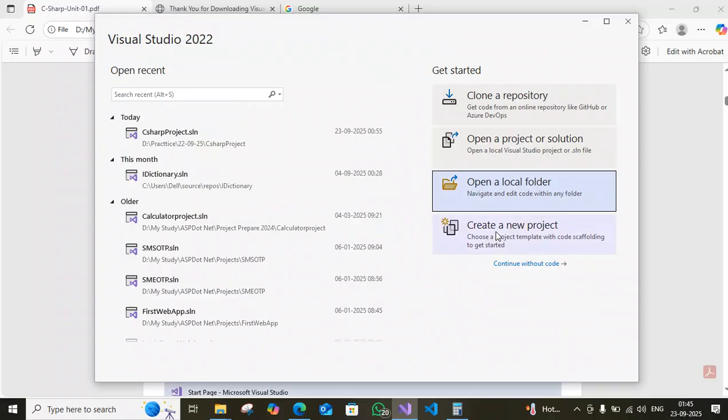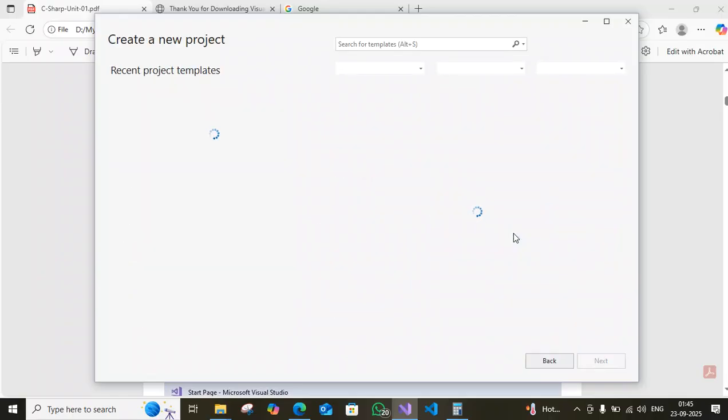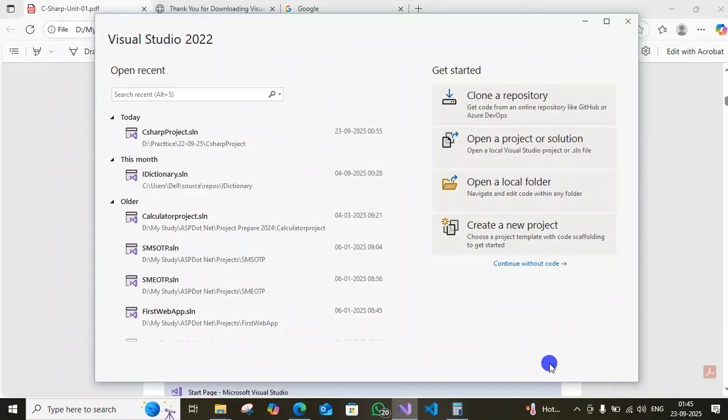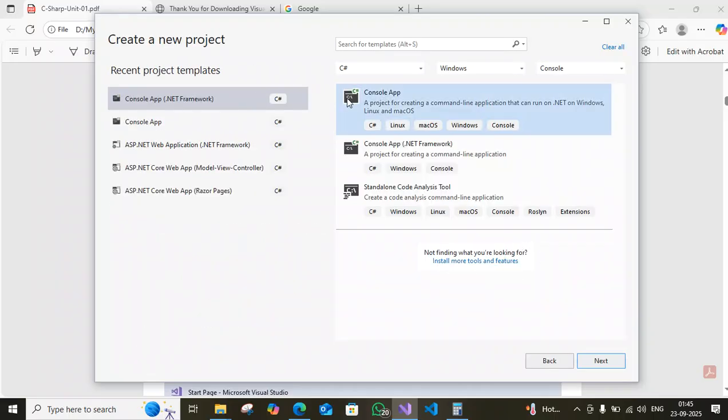If we want a fresh new project, we can click here. It will give us the template which we will use for programming. So let me give you an example of how we are going to create one console based application in C sharp. So we will create a new project here. Okay, under this project